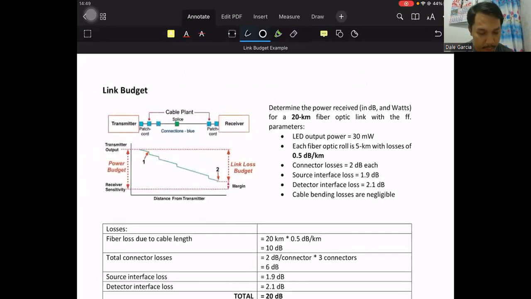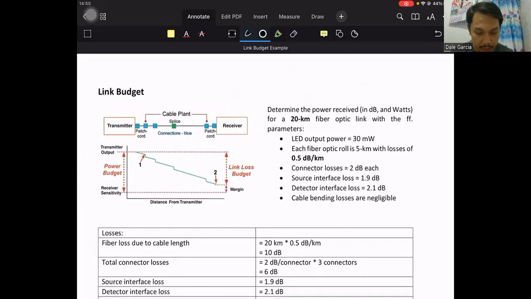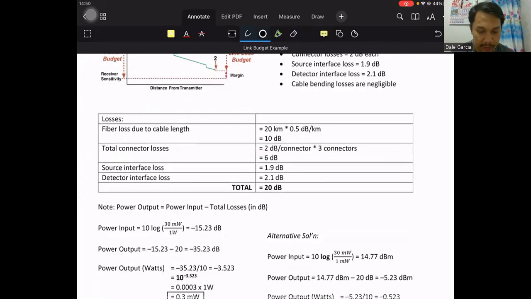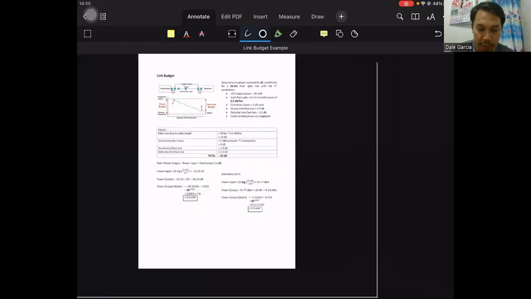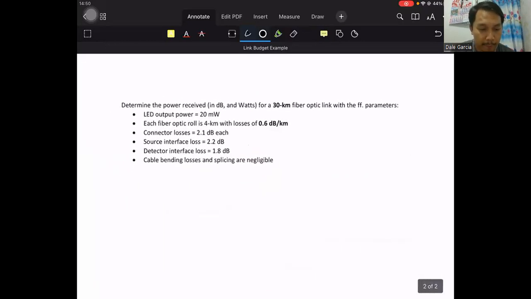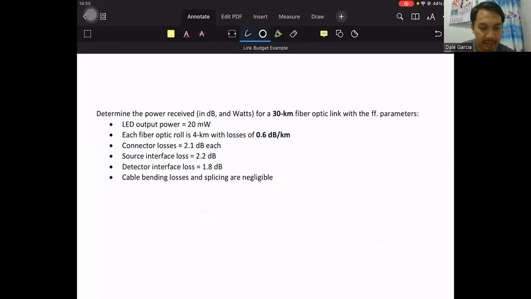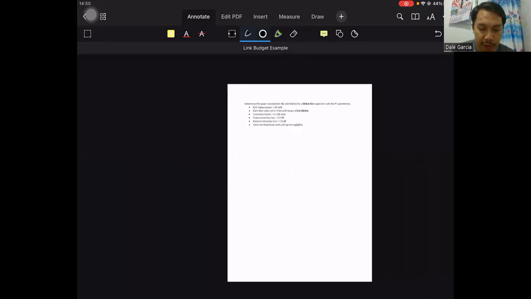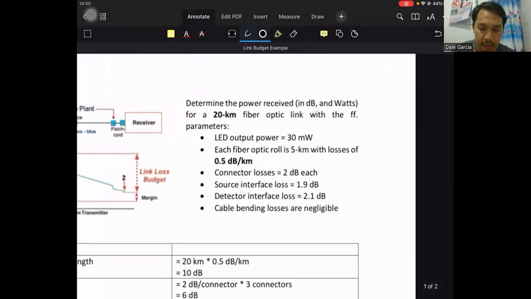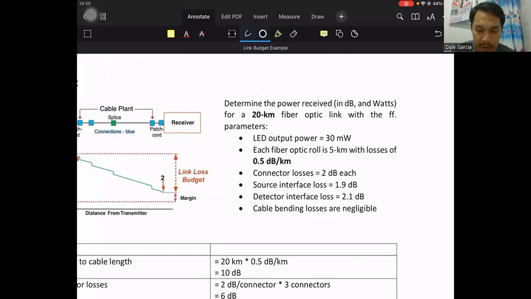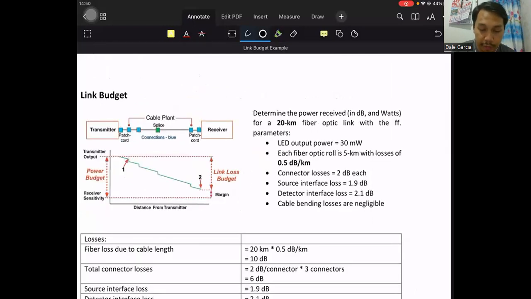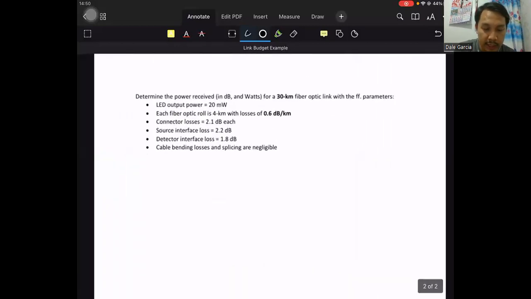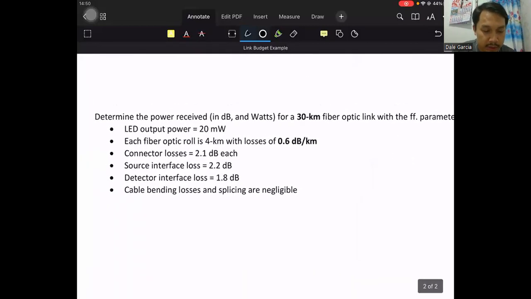Okay, so this example is the simple one. This is one example here, we will solve it later. Another example, which we will also solve later. So aside from the usual givens, the output power, losses in connectors, and the loss per kilometer of fiber optic cable, the addition here is